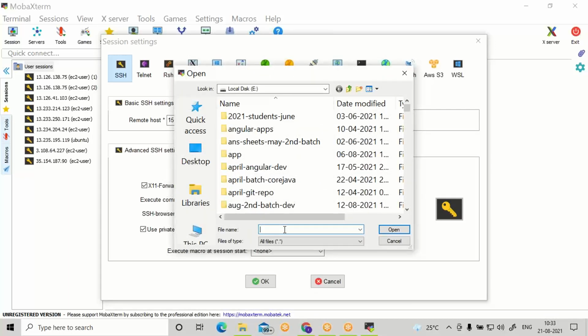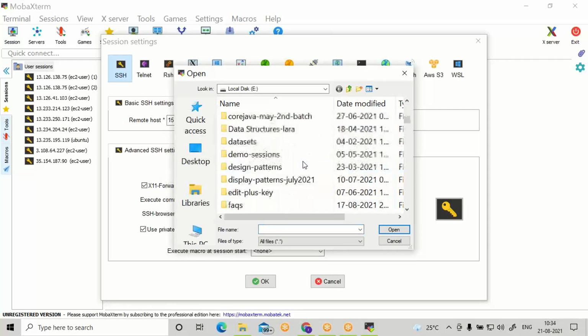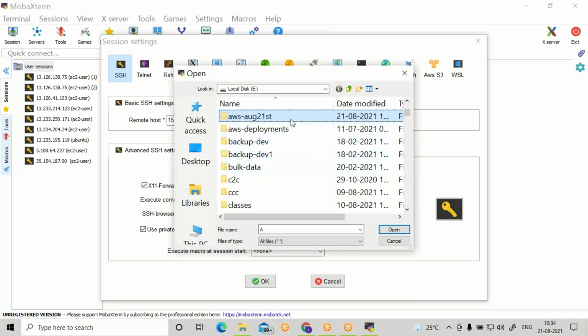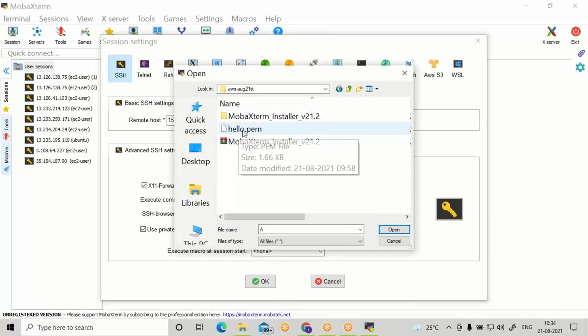Select your PEM file, the AWS August 21st PEM file.